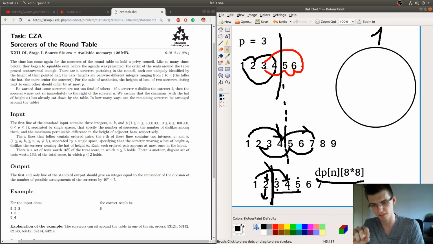And this new vertex starts a new cycle. And if we forbid that, we get a good solution. For those of you who are very experienced in competitive programming, I will say that for bigger values of p, this solution is also valid, but you must not have those strange cases with forbidding stuff like this to avoid separate cycles.